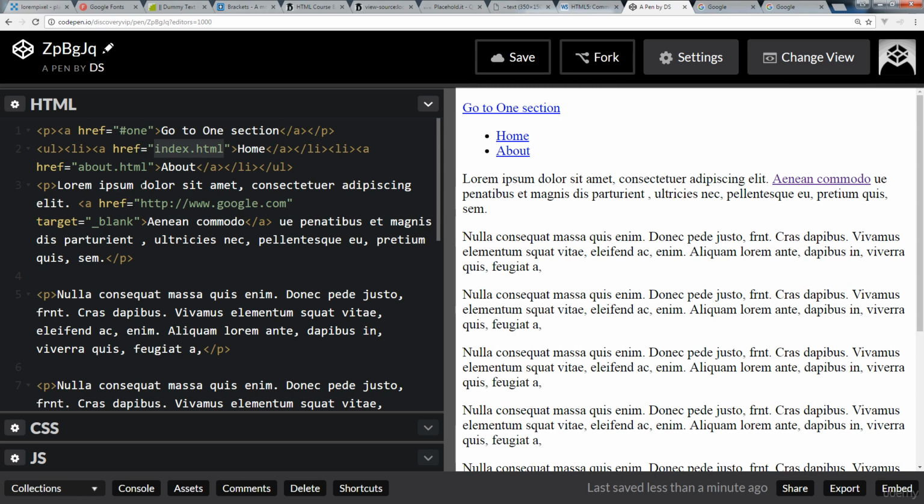And absolute paths are something like Google, because it actually doesn't matter which page you're linking to this Google from, it's always going to go to this entire URI. So if you include the HTTP://, then that's an absolute path. And if you're doing a relative path, then this is in relation to where you're currently sitting. And there are a lot of different cases for using different path